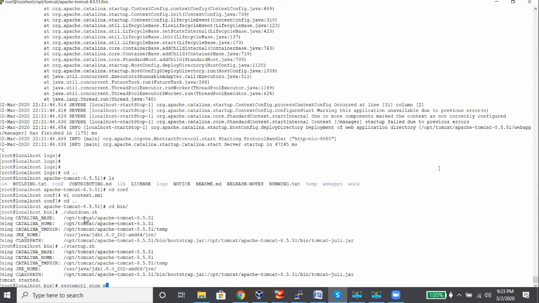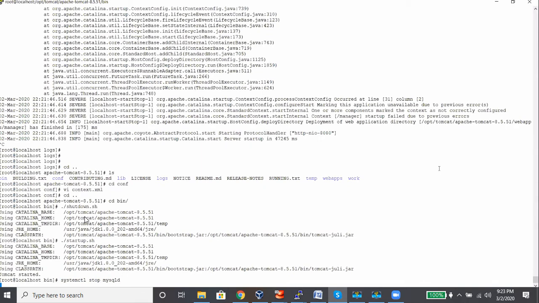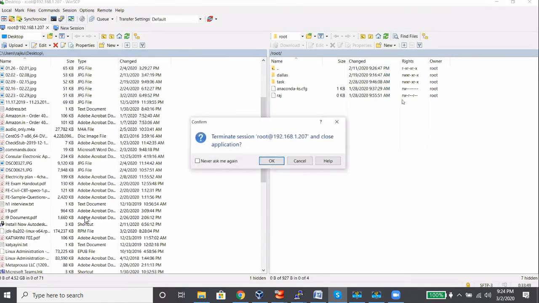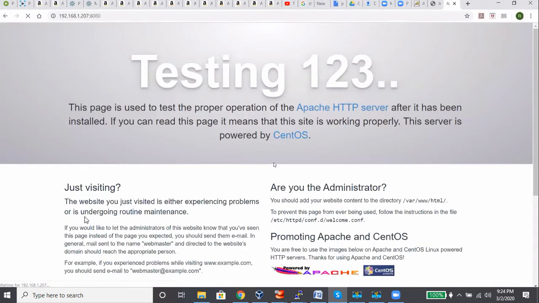Systems will stop. Okay, let's check this error.